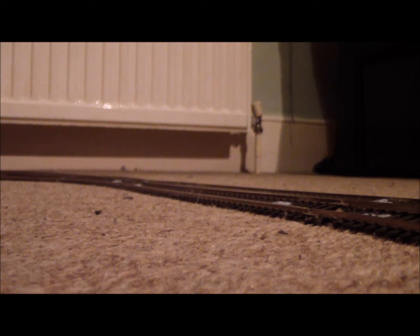Now, lots of people voted for the Bachmann Tornado, but there were a few votes for a Bachmann Tornado / Flying Scotsman double header. However, what is going to be instead is the Flying Scotsman is going to be pulling the train first, then it's going to be the Bachmann Tornado. But I've also included an extra train, an extra locomotive, because I feel that